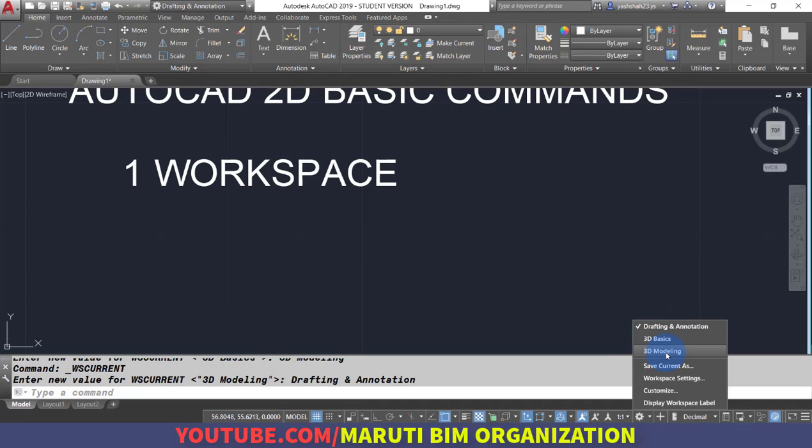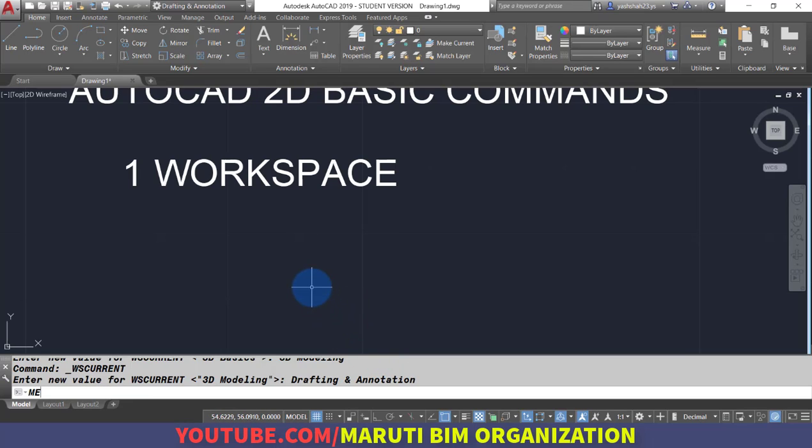Yes, a very important thing is you can also save your own workspace. So the users who are using a very lower version of AutoCAD can also use the current latest version by using some different settings. So what I will do,